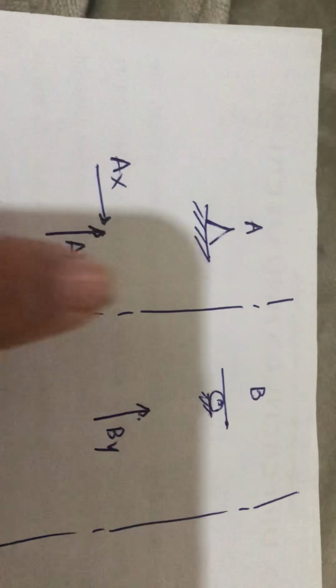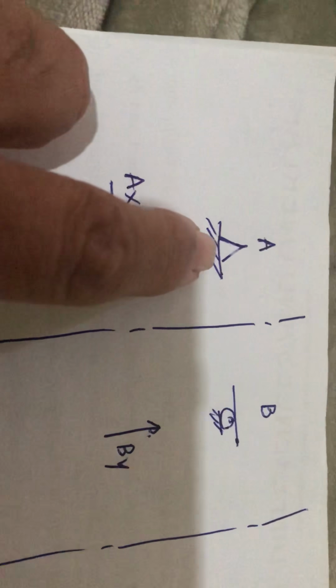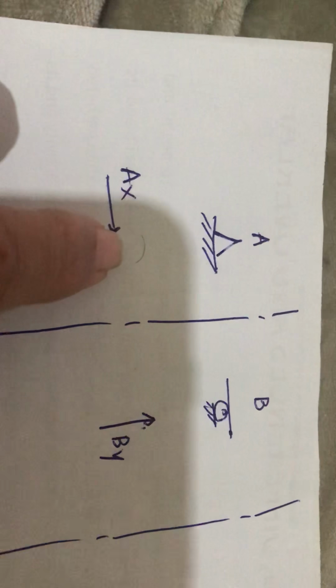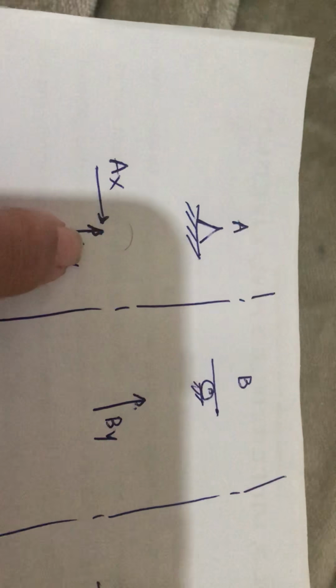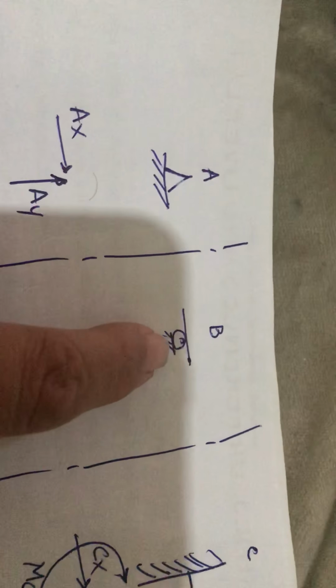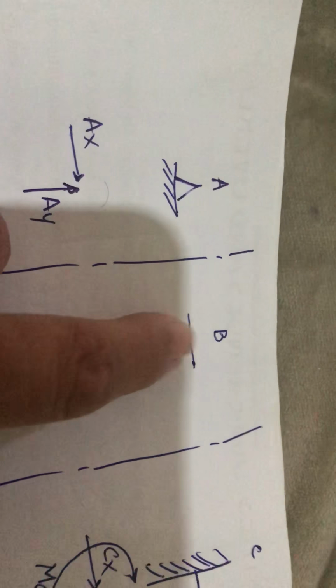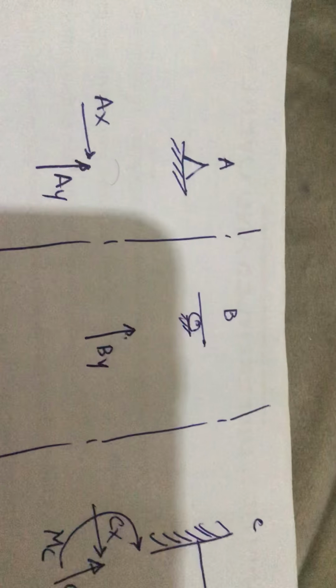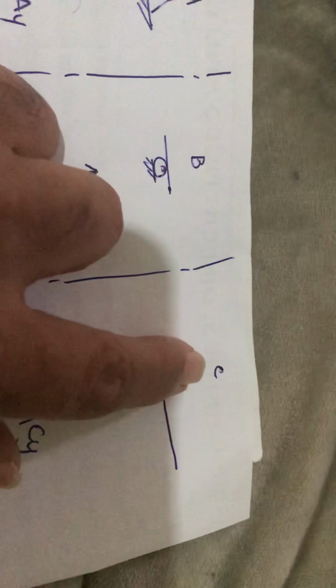Let's look at this. If you have a pin like this, the pin will have one reaction in the Ax and one reaction in the Ay. If you have a roller like this, a roller B, there is only one reaction in the Y. If you have a fixed